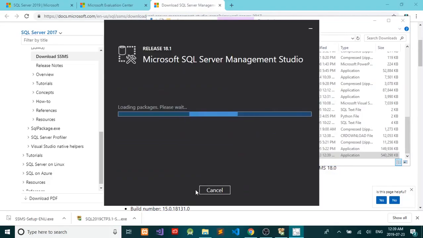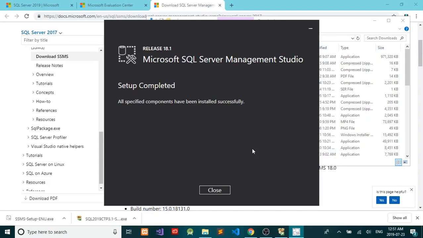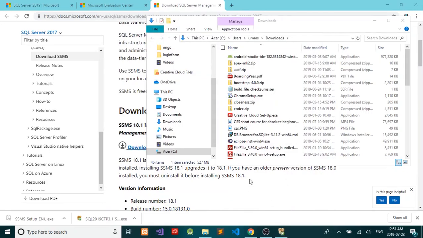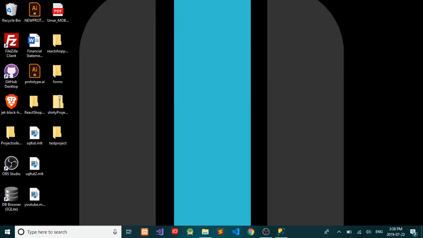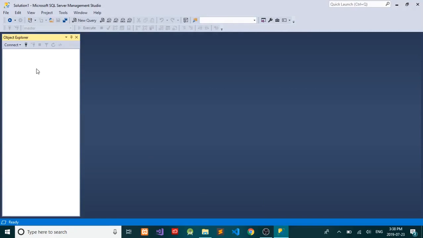Say yes. So in this window, just go ahead and click install, and it will start installing the packages. Alright guys, once the setup is complete, just go ahead and close this, and you want to restart your computer. Okay guys, after restarting your computer, you just want to open up your Management Studio,